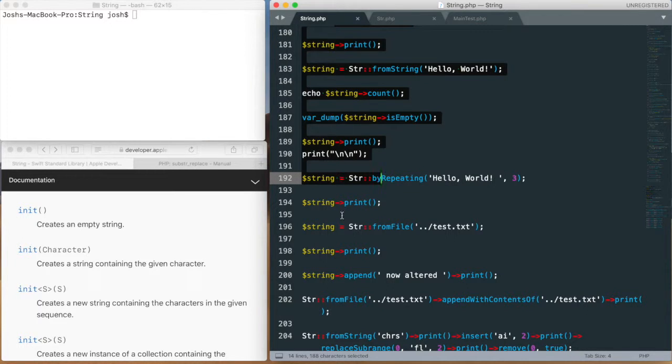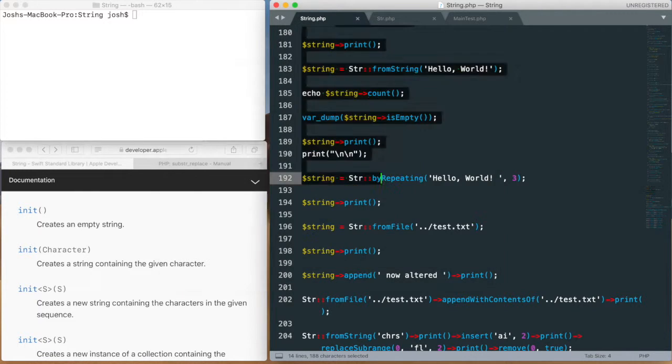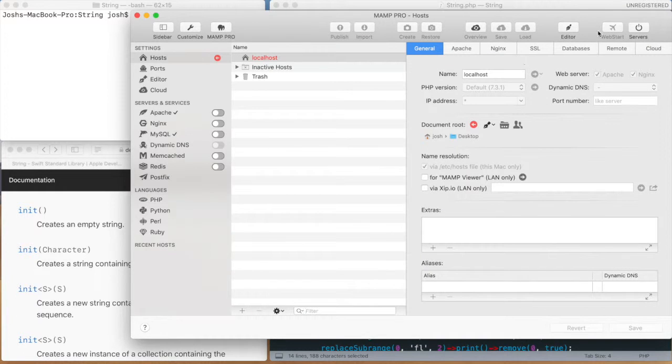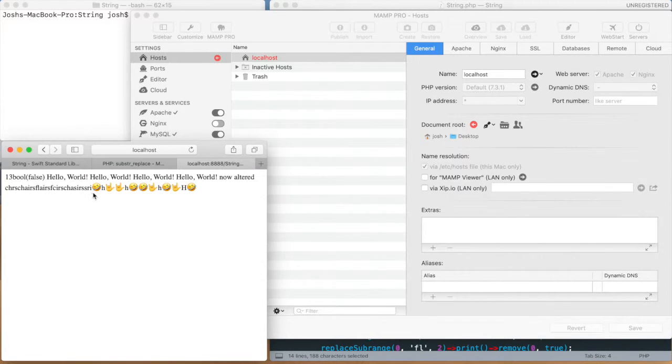So basically I have these manual tests, and what I would end up doing is I would work on the code for a little bit, and then I would go over to a web page where it would give me this printed output. So basically if we do this, right, I would have to read through and make sure that all of the printed output